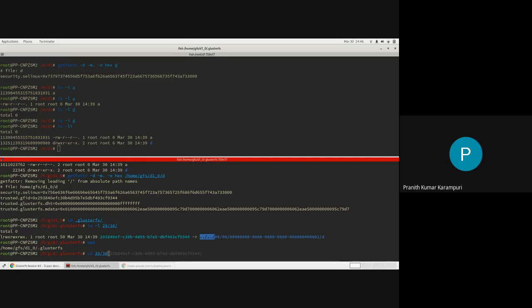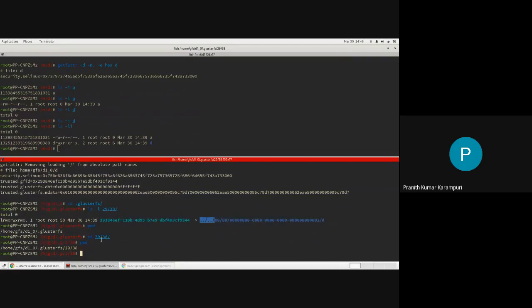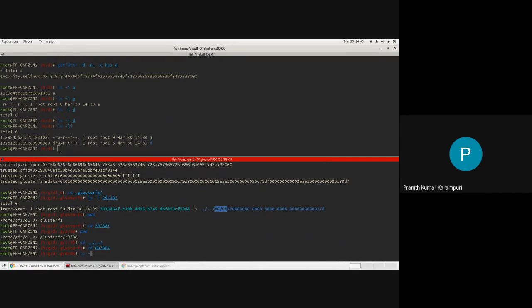2938. Okay, let's look at it from here. So this is the present directory where this file is in. So dot dot slash dot dot slash, it is going into .glusterfs. Okay, now it is going into 0000. Okay, now what do we have here?